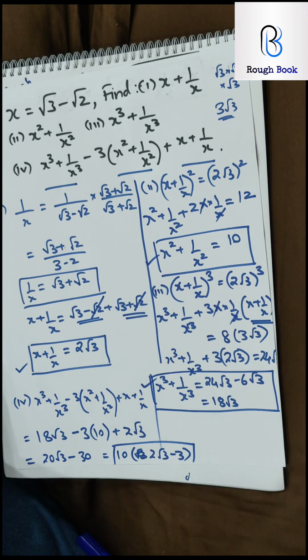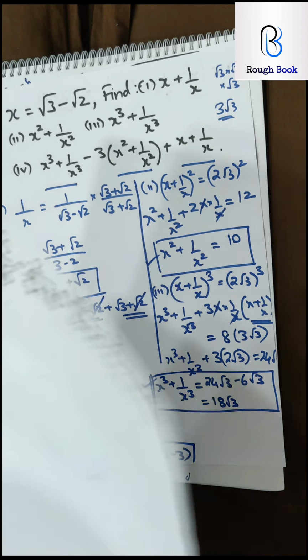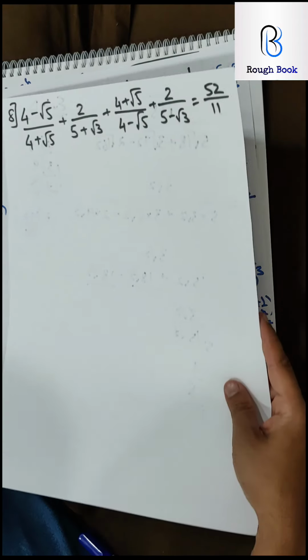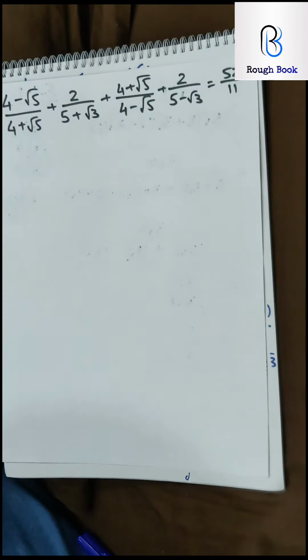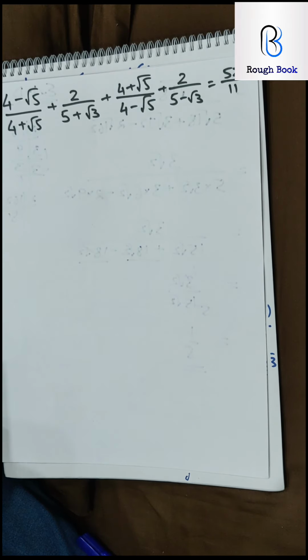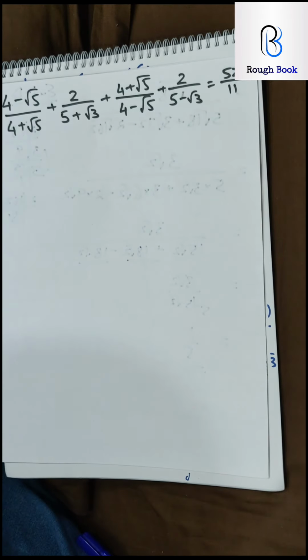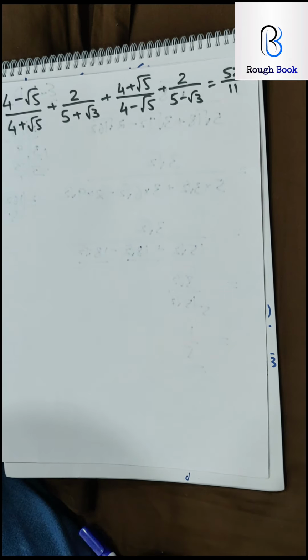The next question I want you to try is sum number 8. From 4th I have asked you to directly go to sum number 8. There is a reason. I'll tell you. When you look at your exercise 1D, you will notice sum number 5 is true or false. I am not getting into it. 6 and 7 is construction, which I will teach you later on. So directly we go to sum number 8.